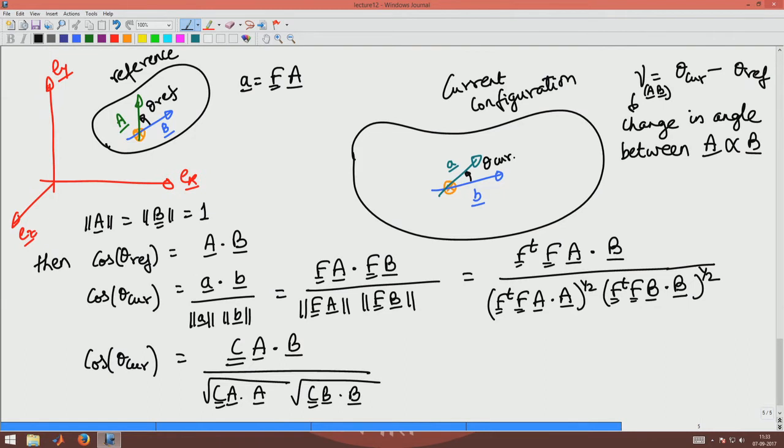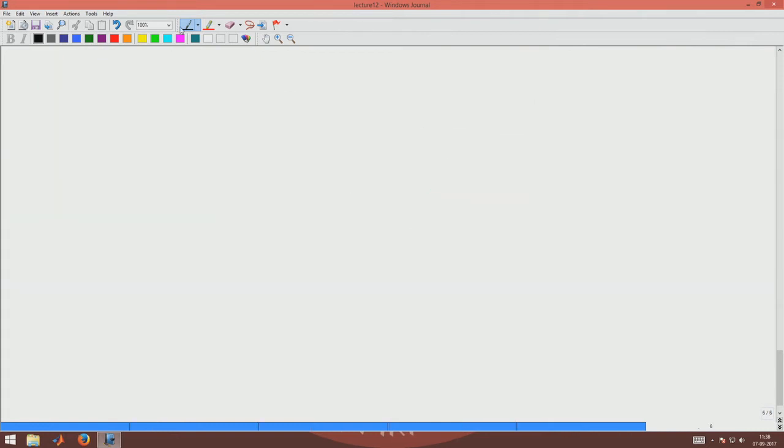Okay. What am I interested in? I am interested in finding the gamma AB. Now, I know what is the current angle, I know what is the reference angle. So, how do I go about computing gamma AB? I have to take the cos or the sine of gamma AB. Okay. We define gamma AB as theta current minus theta reference. Okay. So, this will imply theta current would be theta reference plus gamma A comma B,